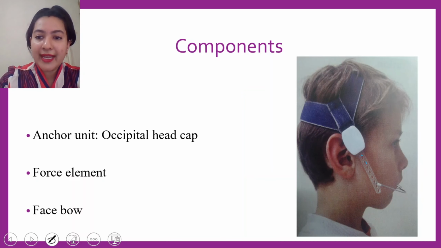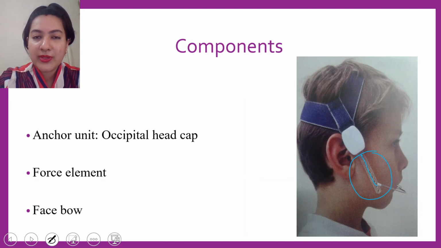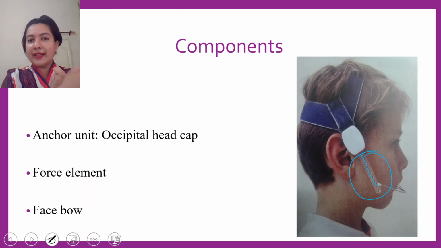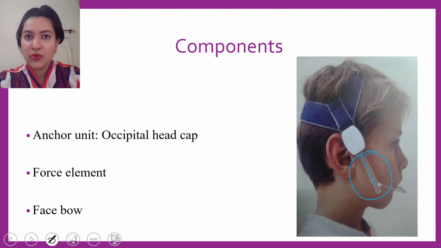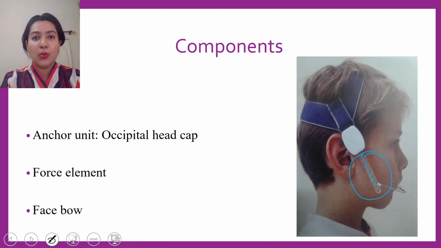We take the force element and we pull it. When the patient wears this cap, we have to pull this particular force element. When we pull it, we take the outer bow and attach it into one of the holes which is embedded into the force element. Before we send the patient, we give all the necessary instructions. Next, the amount of force which is delivered has to be written down and noted.